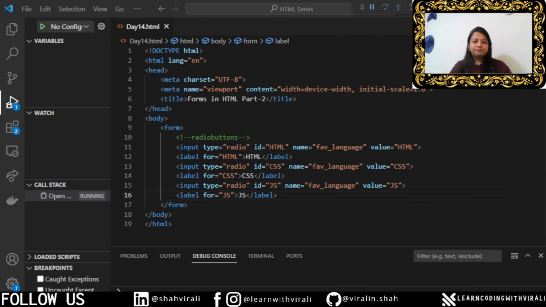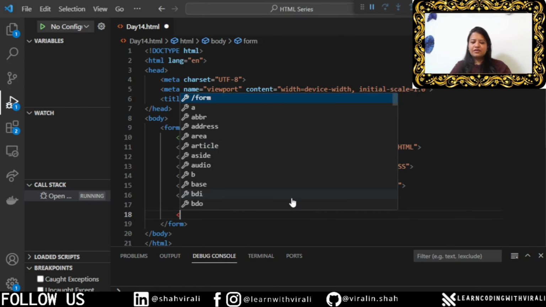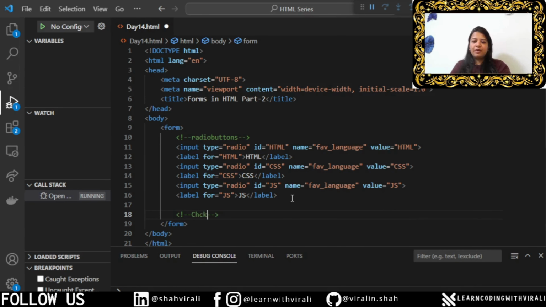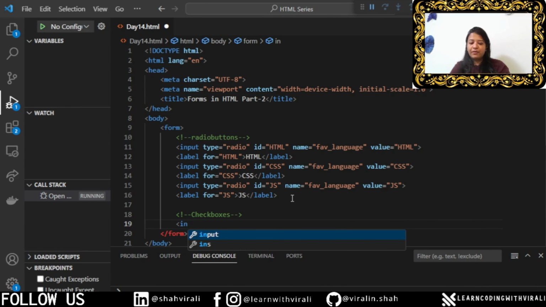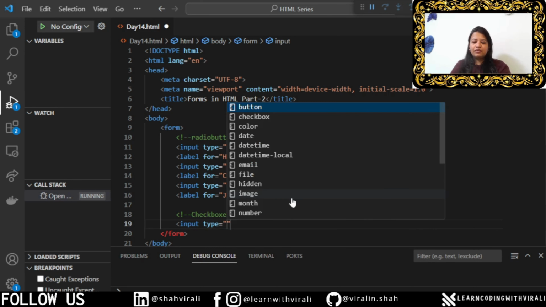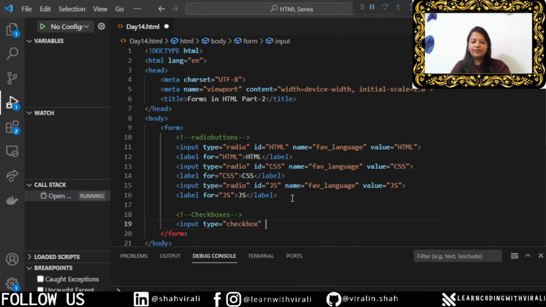Going back to my code and commenting here again, as this is now for checkboxes. In order for us to build checkboxes, this time we have to use input type equals checkbox. So here we'll give input type equals checkbox. And now the ID and the names are going to be different. So if I give the ID as HTML, name as HTML,